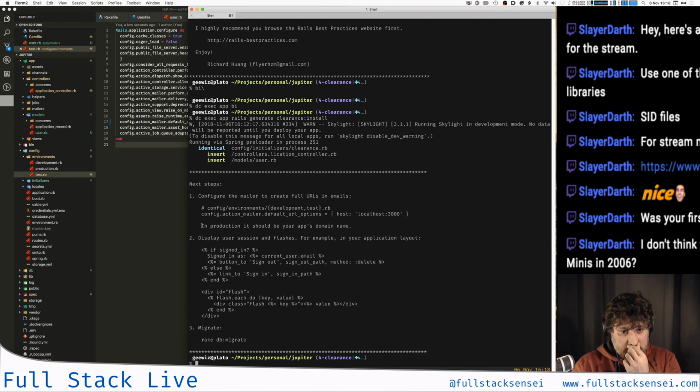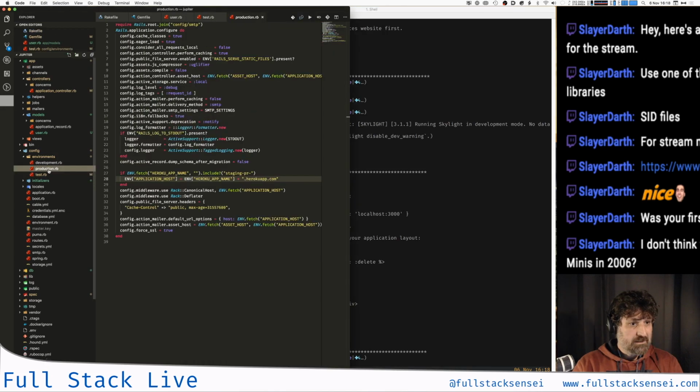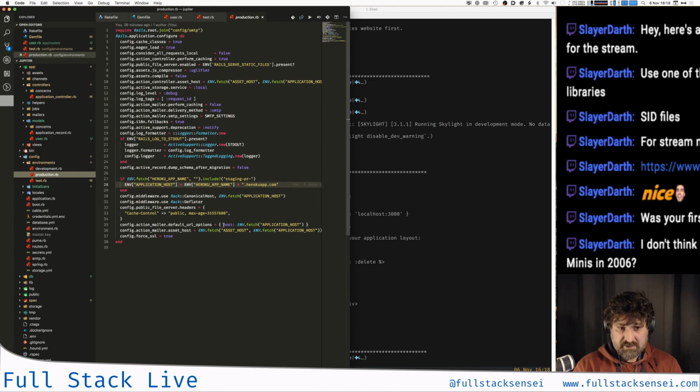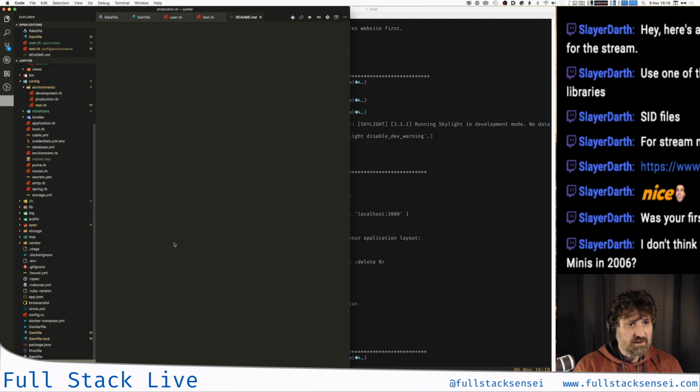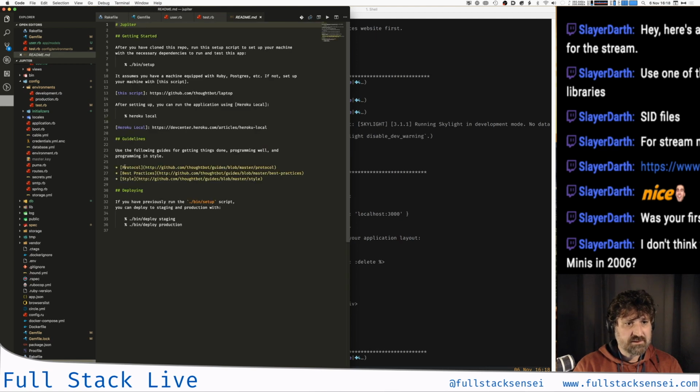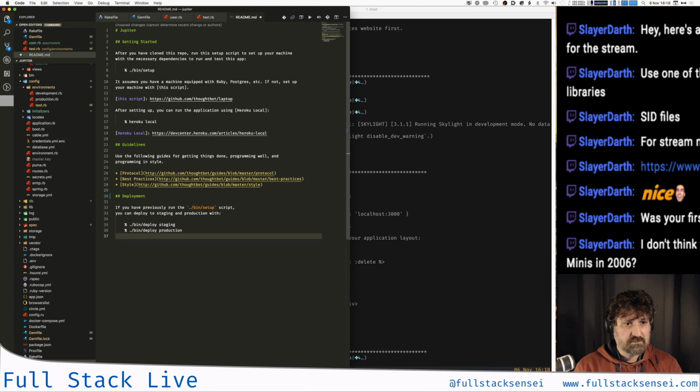Okay, that's that. Yeah, domain name in production.rb. Oh, that's brilliant. That's exactly how I would have done it as well. They take things from an environment variable, and that should be documented, I think, if it's not already in the. No, I've set up the. Oh no, that's not by me. That's actually the suspenders default page. But anyway,